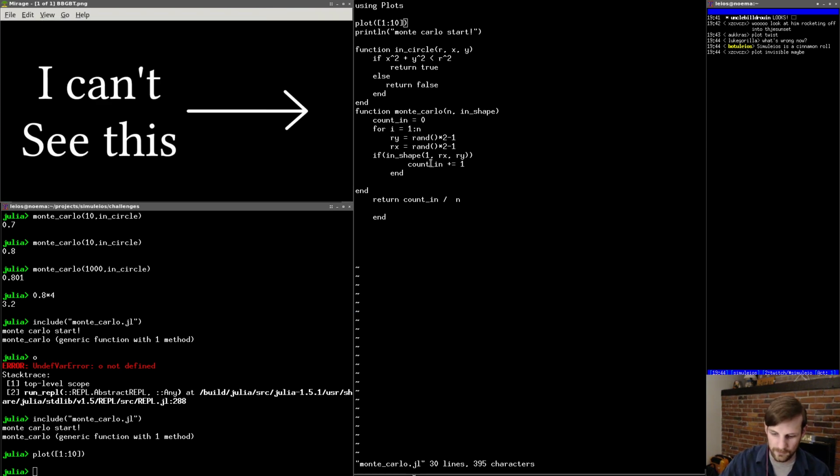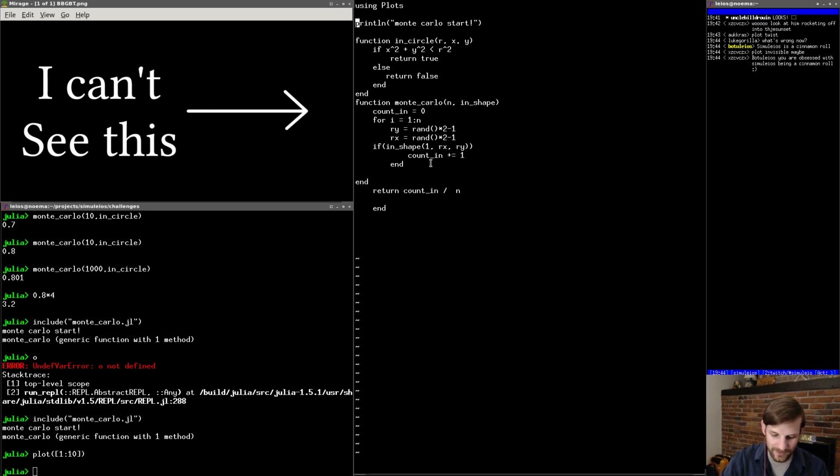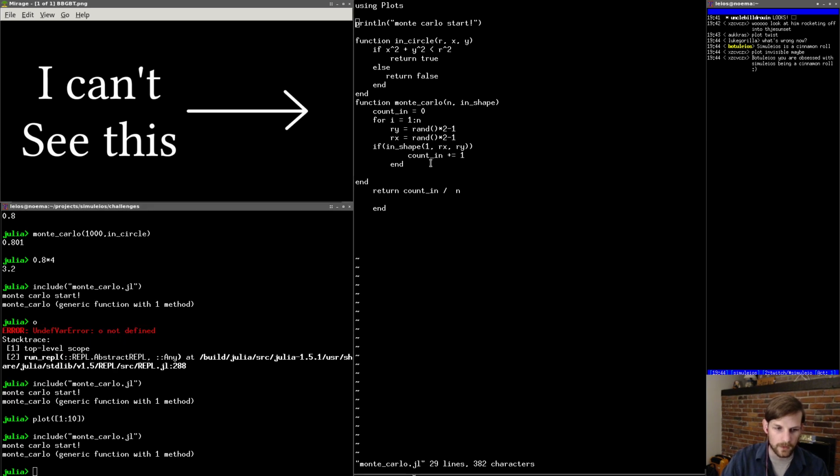Okay, so let's go to the top and let's look for plot. Plot invisible. There's a few things that Bacheleo says a lot. So I'm going to delete that line, write this, go over here, include one more time, just to make sure it is included. And then what we're going to do is go into